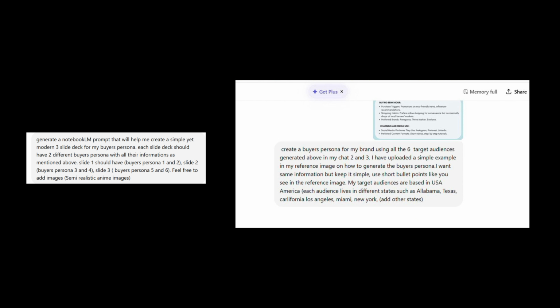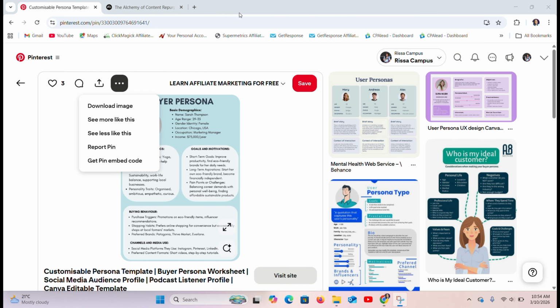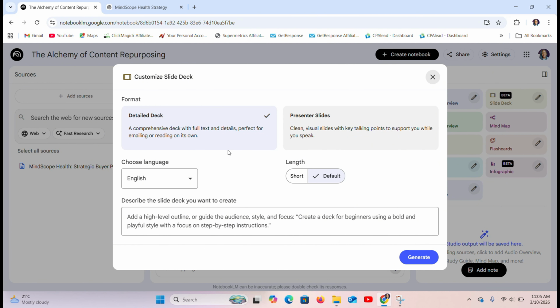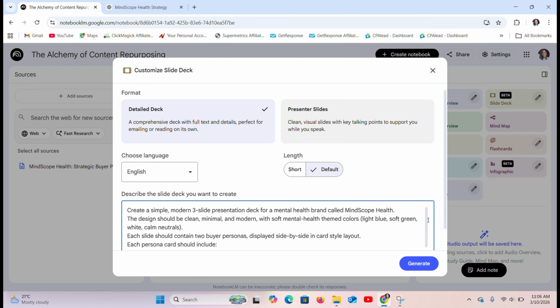But of course, I already have some information about my buyer personas all in the same chat. All right, so it's going to give me a prompt, and then I'm going to come back to Notebook LM and then click slide deck. Make sure to click on this pen icon, not just the slide deck. Click on the pen icon, add some customization, and then add in the prompt here, which is create a simple